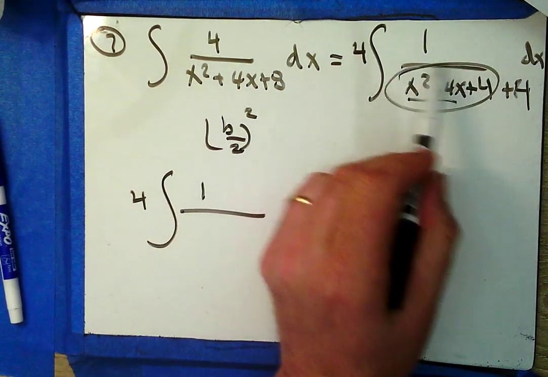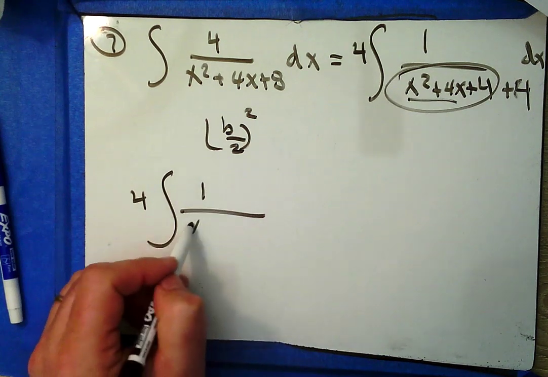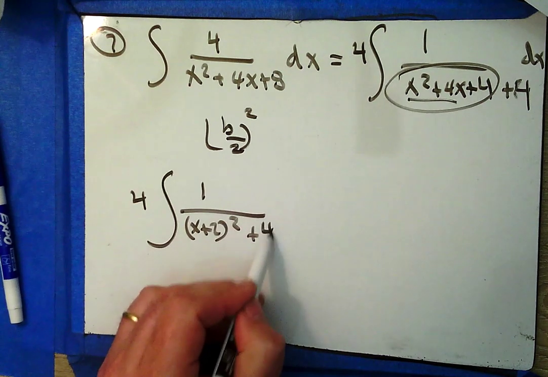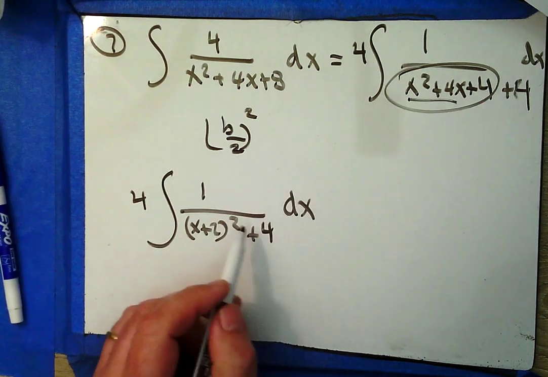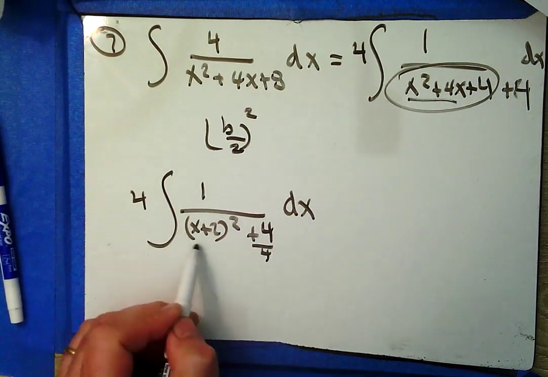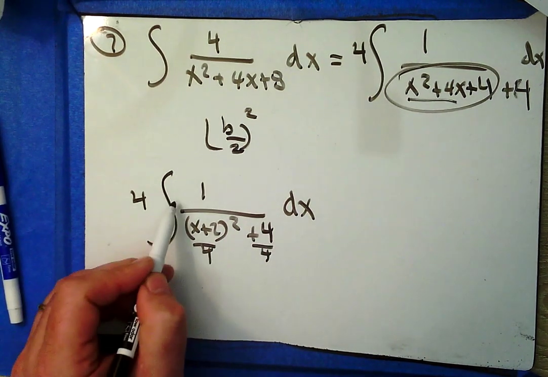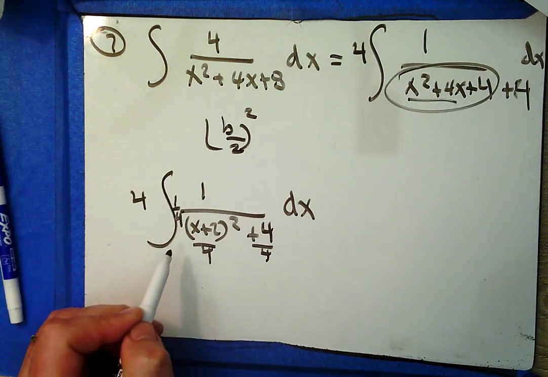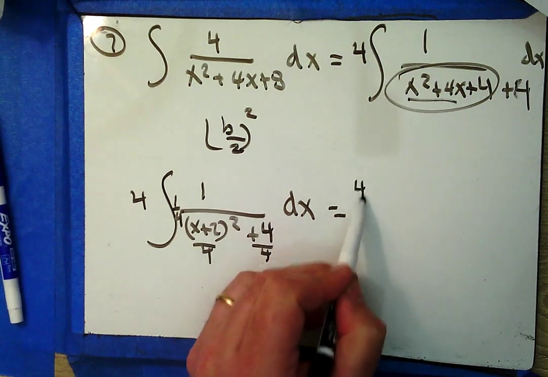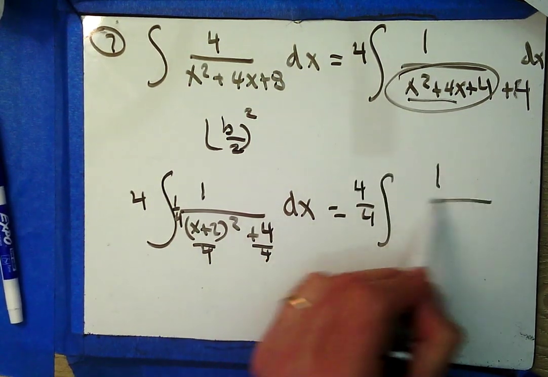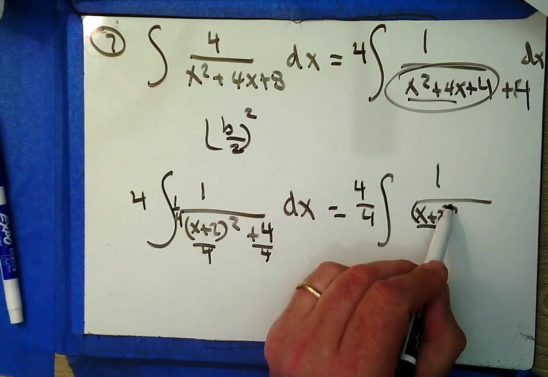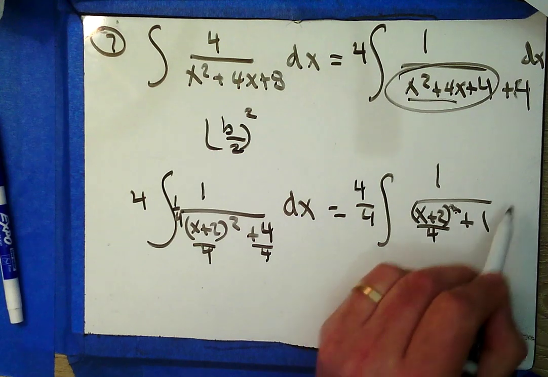This is a perfect square trinomial. It factors as x plus 2 squared. And now I have this plus 4 dx. Aha! I remember doing these. I had to divide here by 4 and multiply by 1/4 simultaneously. So that then leaves me with 4 over 4 integral 1 over x plus 2 squared over 4 plus 1